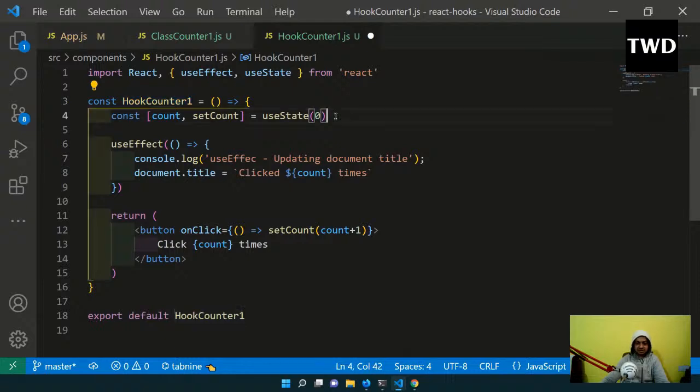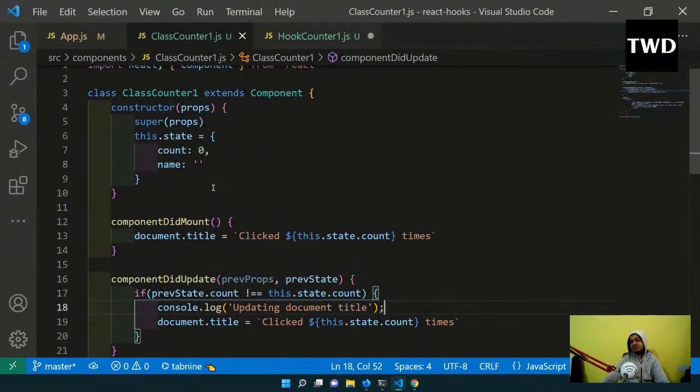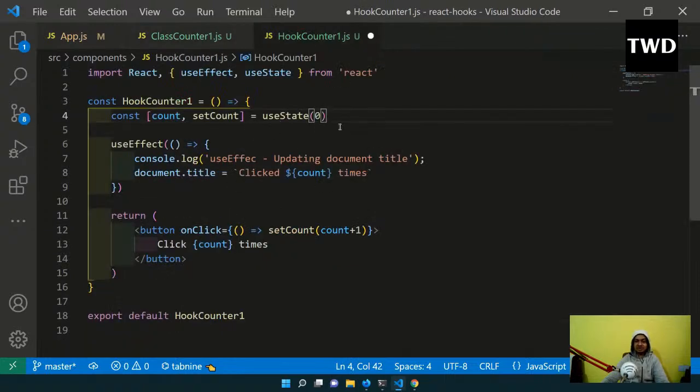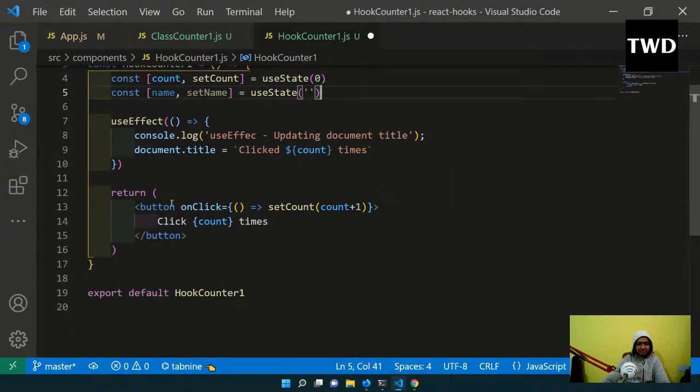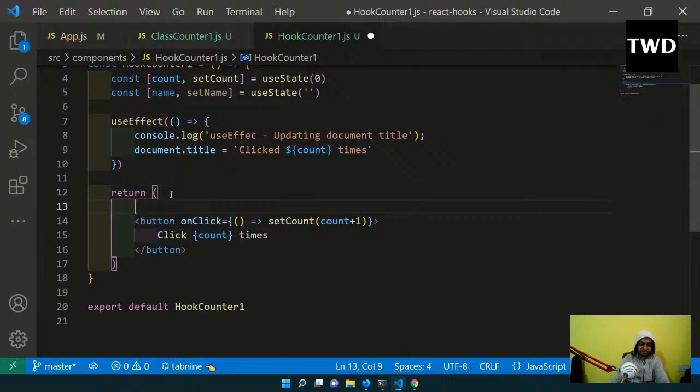And see, one of the weird things in useState, this state variable, is that I have to create a constant all the time, unlike in a class based component, where this.state can be very big, I've seen it in production projects, but here every time we have to create a variable. So like const [name, setName] = useState(''). And then I will have everything wrapped